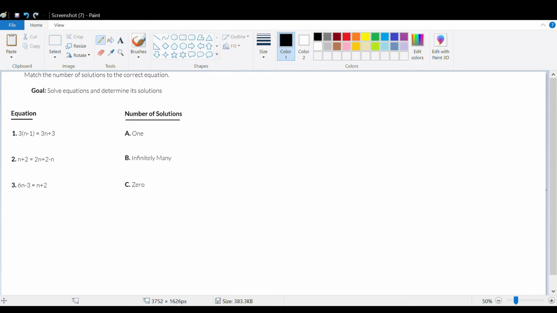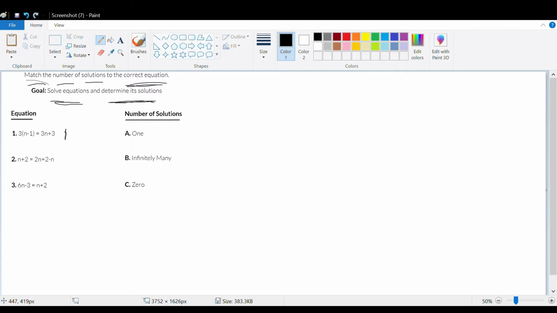Okay, so this is the first exercise and these are the directions. Match the number of solutions to the correct equation. These right here are the equations, and these are the numbers of solutions. Our goal after doing this entire exercise is to solve the equations and determine their solutions. So let's start off with the first